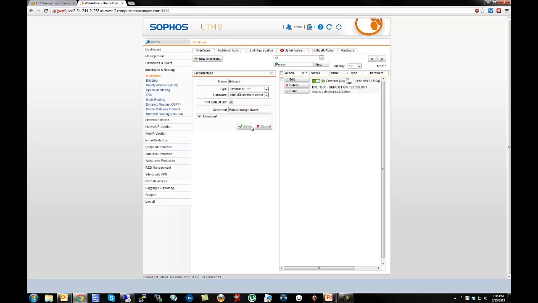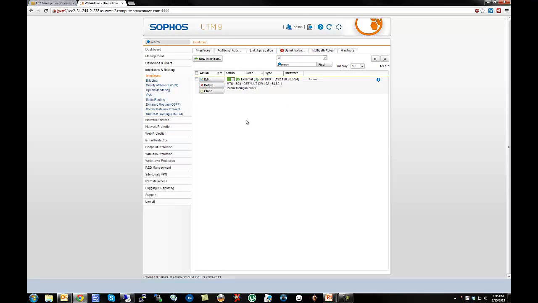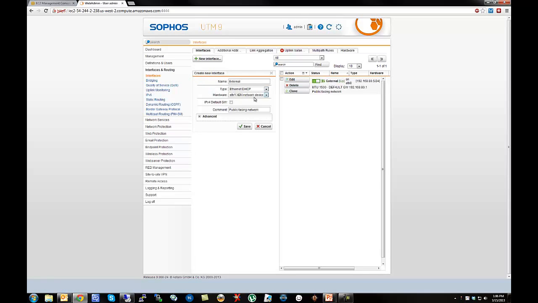And we'll hit save. And rather than create it all from scratch, I'm just going to hit the clone button, which fills in a few things for us. I'm going to call this internal. And for the internal side, I could type the IP address out by default because we've assigned it anyways in the Amazon side of things on the Amazon machine, which is powering the UTM. So if I leave it as DHCP, Amazon's DHCP server is going to hand that out to me. Their DHCP server is always going to be running unless I do want to shut it off. But let's configure it manually anyway. So I'm going to pick an Ethernet static. And I'm going to say this address is going to be